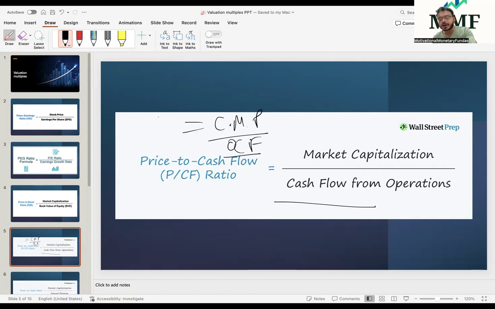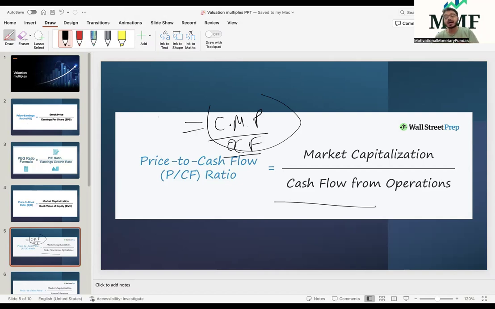We all know what is the current market price, as I have been stating in the previous multiples also, right? The current market price is the price of the share trading as on today. So in this multiple, we shall be taking the current market price in the numerator and not the last previous year ended market price. And that is why we tend to call this a leading indicator. The numerator number is always a leading indicator because this number is impacted by market sentiments. It can be positive, it can be negative.